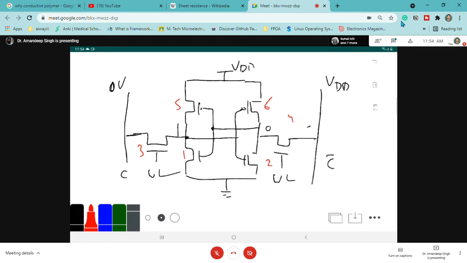Okay, now I have told you that 1 and 0 is stored. If 1 and 0 is stored, it means your M2 and M5 will be on and M6 and M1 will be off. Since this is 0, it means this is off and this is 1, M6 is off. So I am just omitting this M6 and M1. Okay, so this will be your working part when you are writing 0.